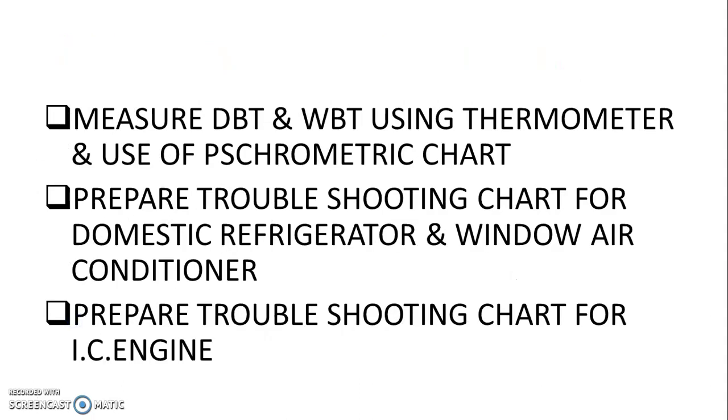The student will measure dry bulb temperature (DBT) and wet bulb temperature (WBT) using thermometer and use of psychrometric chart for finding out the various properties of air. Student will prepare the troubleshooting chart for domestic refrigerator and window air conditioner. Means the student will get idea about the problems occurred in refrigeration and window air conditioning systems and the remedies